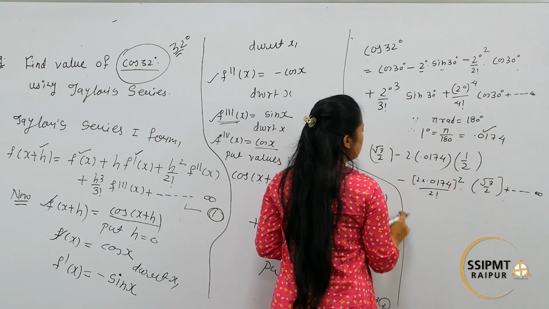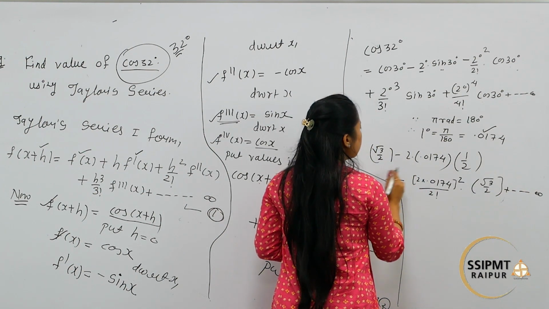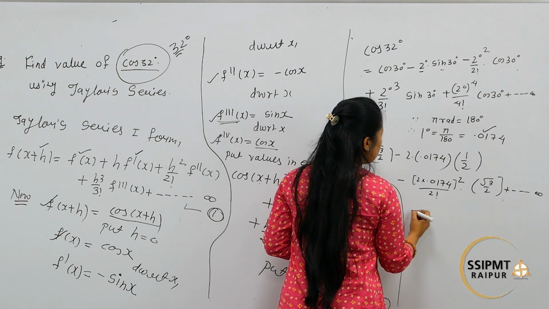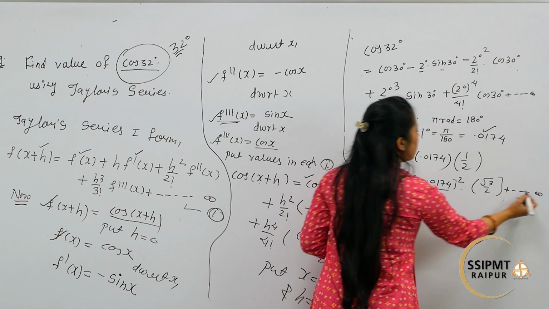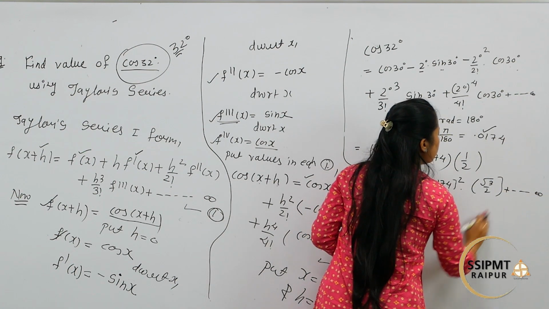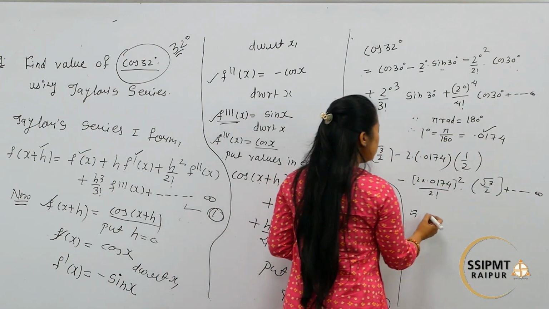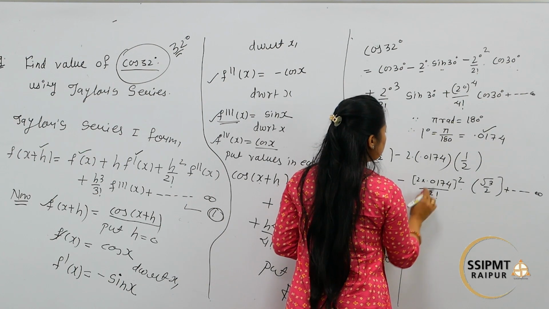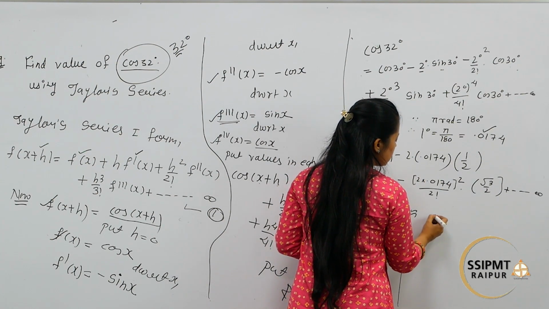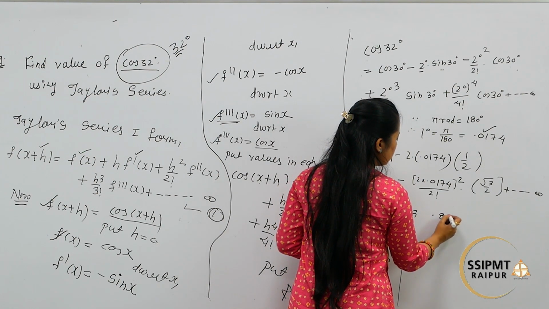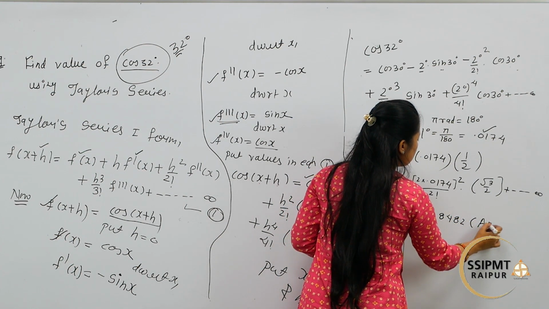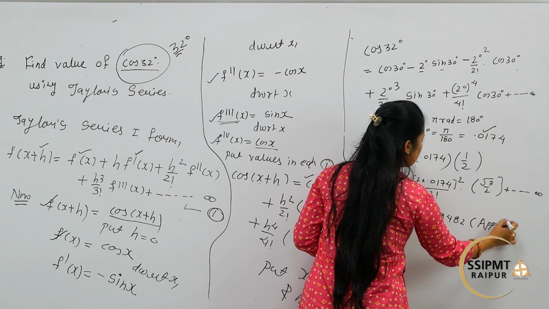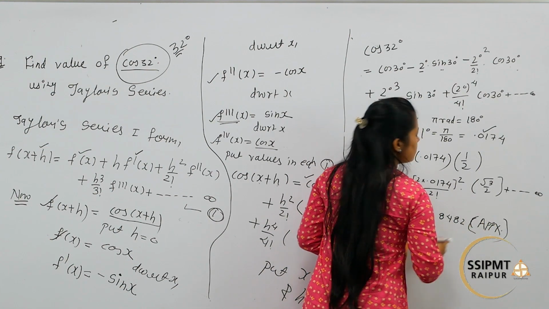So when we calculate all these values, it gives us an approximate value, since the series has infinite terms and infinite terms can't be calculated. So we have the approximate of all these calculations as 0.8482, which is the approximate value of cos 32 degree. Hence in this video lecture